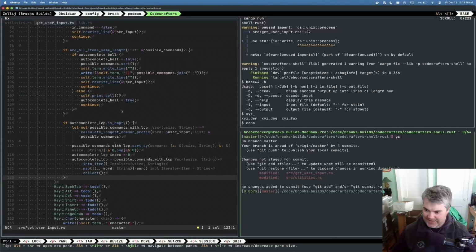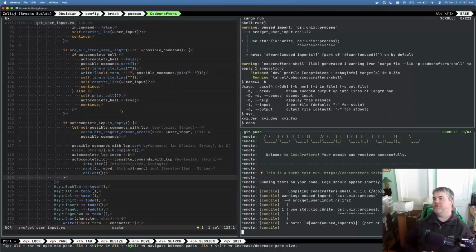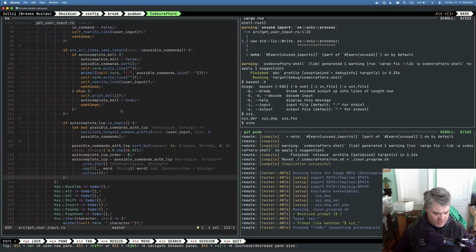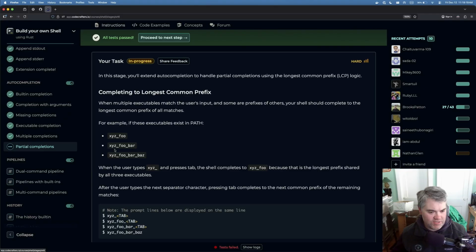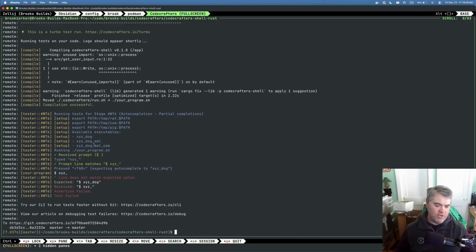And then echoes, I wonder if this is gonna work. Let's find out. Commit. Okay, so refactored user input. All the other, what did I call it? Oh, I should make this big. Closed. So this is partial completions, which is this one. Okay, so available executables are not all the same. So partial completions, we type, okay, so it received the prompt, it typed XYZ underscore, it pressed tab expecting, oh,